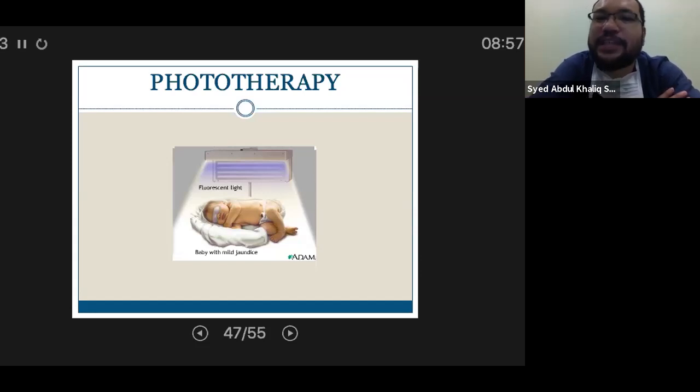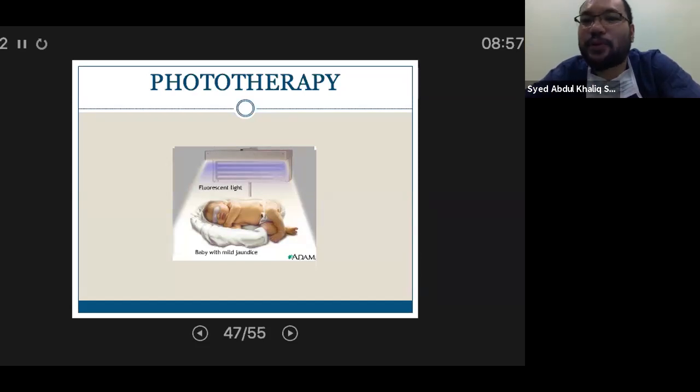Photoisomerization. So it changes the molecule. It doesn't conjugate the bilirubin because conjugation happens in the liver. So what phototherapy does, they expose the blue, it's not blue light. The frequency of the light is what causes all these changes. So it may be whatever color you want to use.